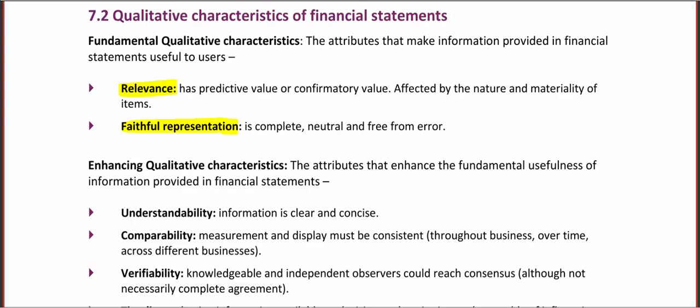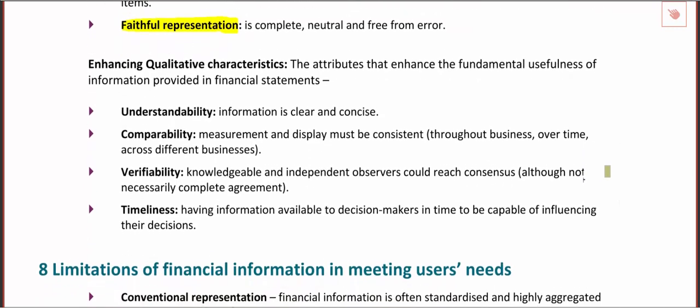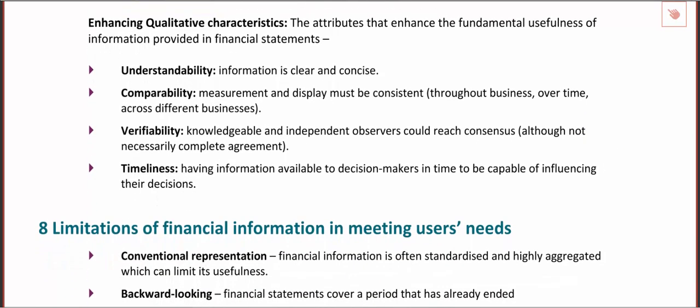Now, if a business wanted to increase the usefulness or enhance those qualitative characteristics, we've got 4 methods of being able to do that. So you can make the information as understandable as possible. Okay, so that's really going to enable that kind of relevance. Okay, comparability, so making sure that I'm consistent over time. So I'm enabling people to review performance based on the same measurement.